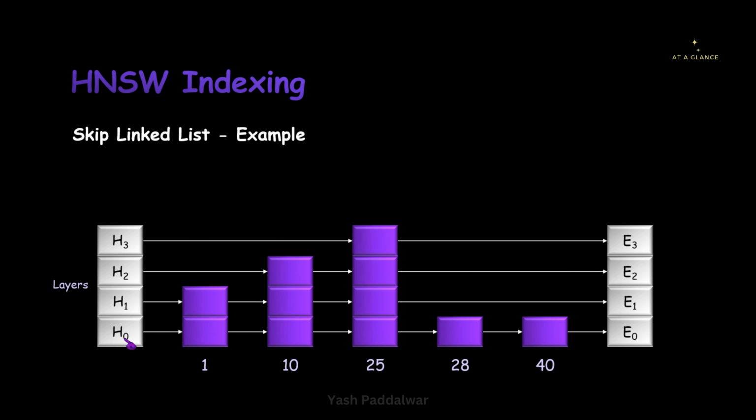Now, talking about the lowest level, that is layer 0, you can see each document is connected with each other, since all documents are present. At a higher level, since there are only 3 documents, we have a lesser number of links. Again, at a higher level than this, we have fewer links, and at the topmost level, we have the lowest number of links. The lowest level contains more connections and the highest level contains fewer connections. That is more skips. So I hope this structure is clear.